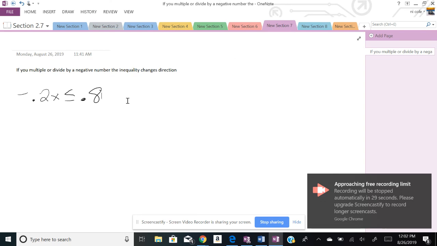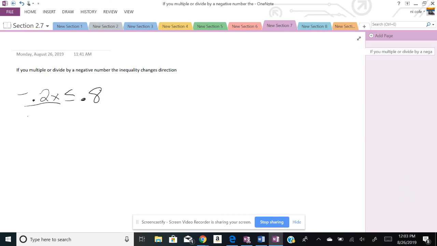In order to get rid of that, I have to get rid of that -0.2. So I'm going to divide by -0.2, and I'm going to divide by -0.2. Therefore, that leaves me x, and then my inequality has to change directions, and that becomes -4. And at this point, I'm hoping that you've got the concept of